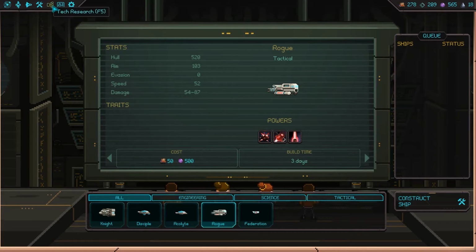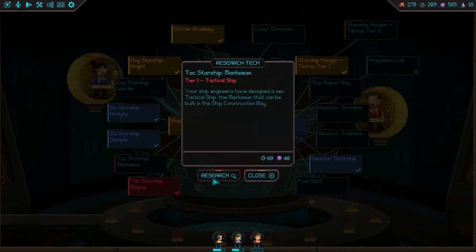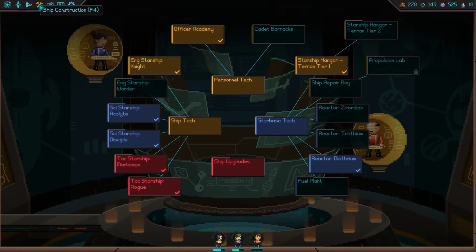Or we could research the other type of engineering ship. I've never researched this ship before. Let's give it a try. Your ship engineers... Okay, so let's do it. Let's research this ship, and let's see what it will be like for us. So if I go to my ship construction,